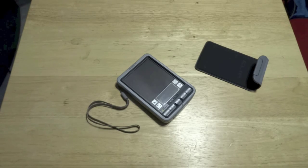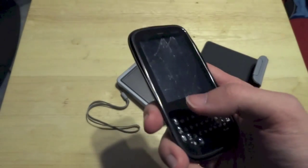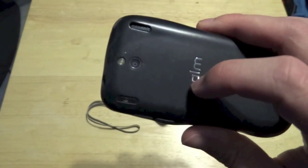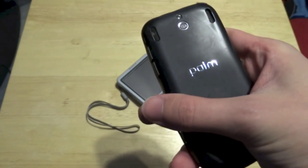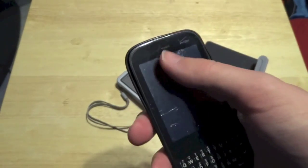After Palm got done making software and their own PDAs, because again, this is a Sony PDA, they went on to cell phones to try to keep up with the times. This is my dad's old Palm Pixie. I used to love this thing, actually. I used to play Angry Birds on it. But then we went to Night of Joy at Disney World, and he sat on it, and it broke the